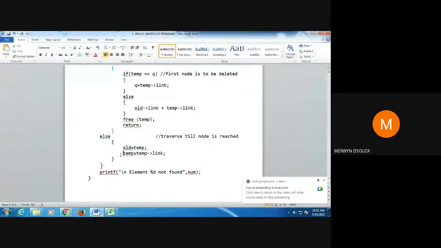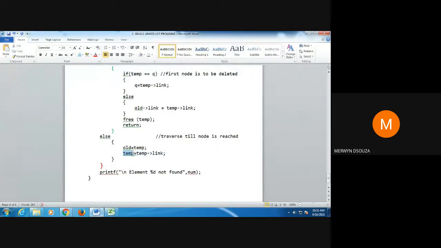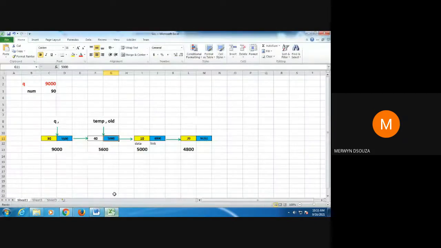In the next line, what will happen? Temp equal to temp arrow link, means we are shifting temp to the next node. Why does temp get shifted to the next node? Because temp arrow link value is 5000. That value we are giving to temp. Therefore, temp starts pointing to the node with the address 5000.